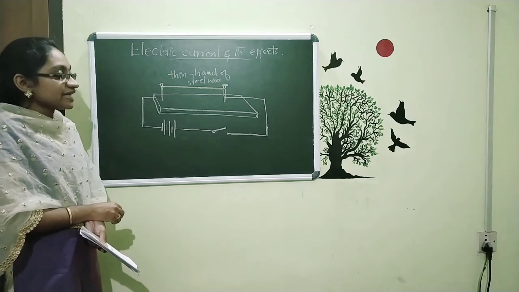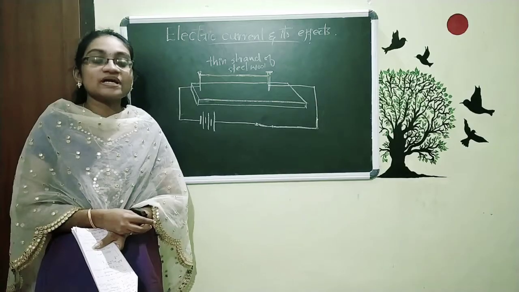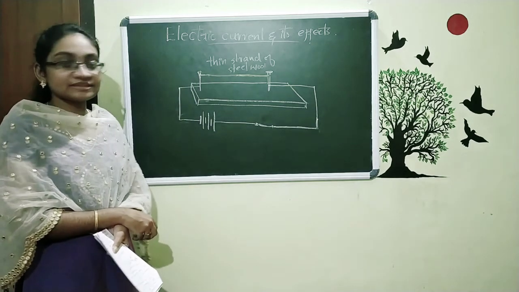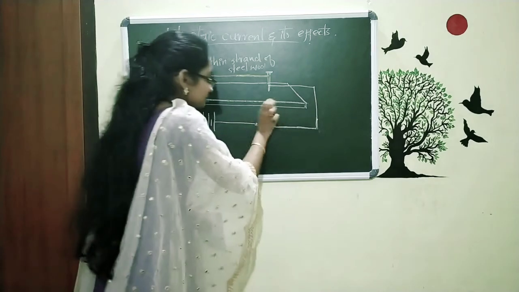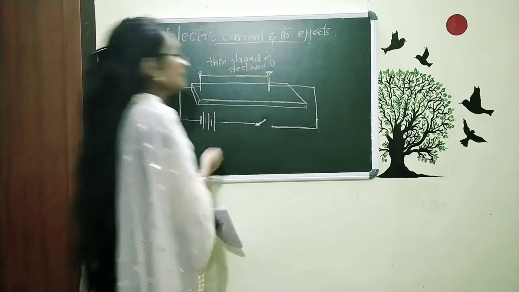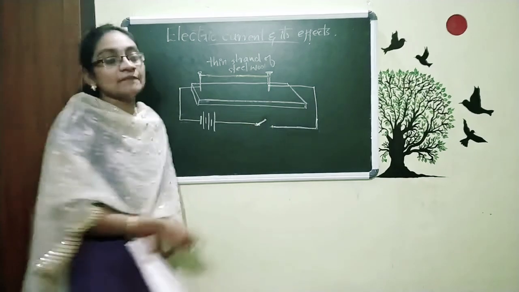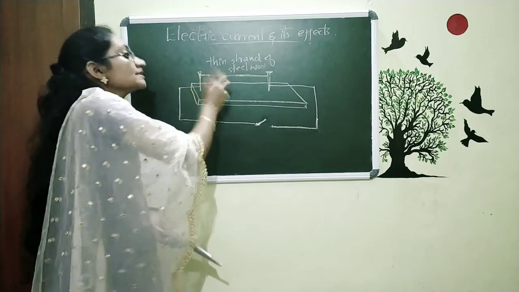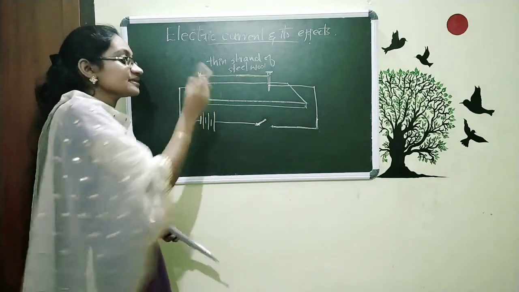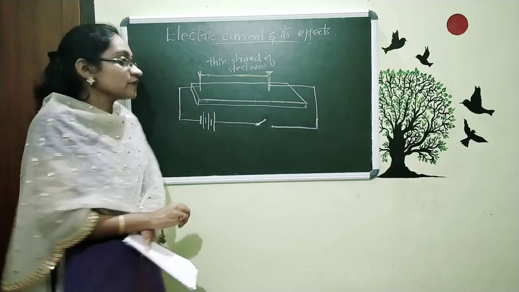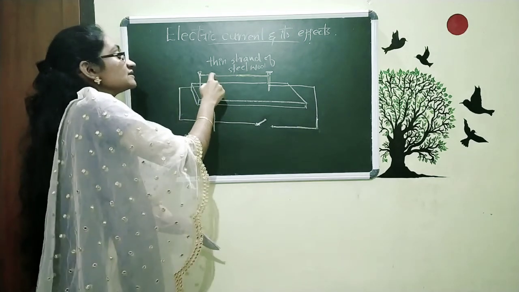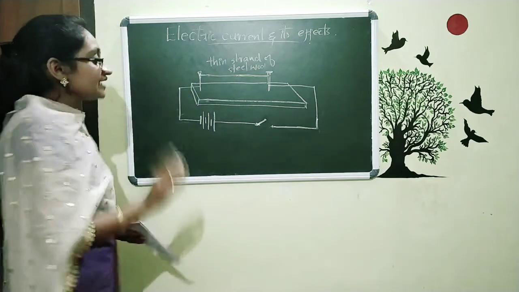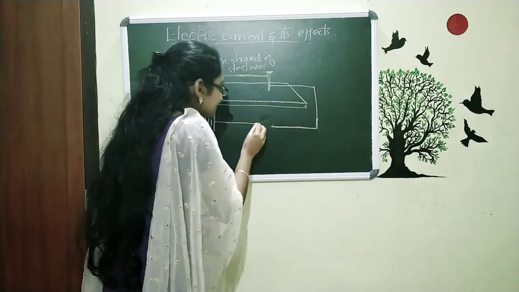Now I am going to close this key. In the last class, we conducted the experiment using nichrome wire. What happens when we close the key? This key is already open, and when we close it, the electricity will flow, and when electricity flows continuously, heat is produced, and that is what we call the heating effect. Here this wire is different, a thin strand of steel wool, and when I close the key, the result is something different.